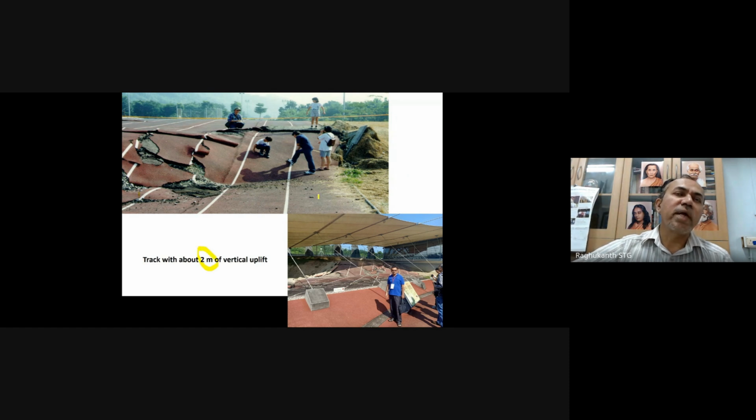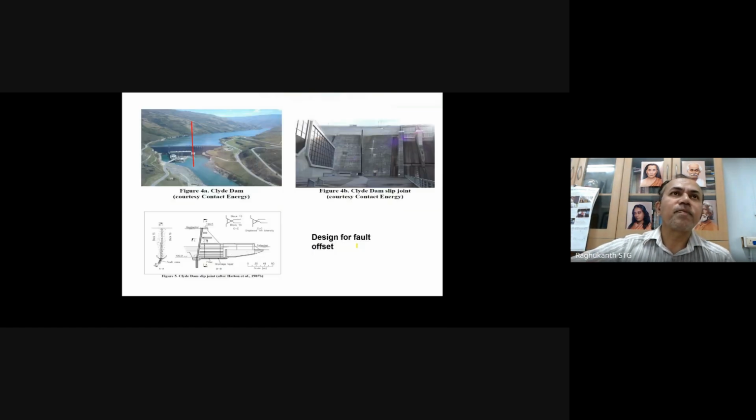So when the site is located very close to this fault, it is not only the spectral acceleration, the fault displacement, all those things come into the picture. And these are very important for structures which are located on faults. Like there are many bridges being constructed in India crossing faults. Then there are pipelines which are crossing faults. So this uplift, the fault displacement, also becomes very important in the design. Now in Taiwan, all these things they have converted into a museum, where you can see these near field features itself.